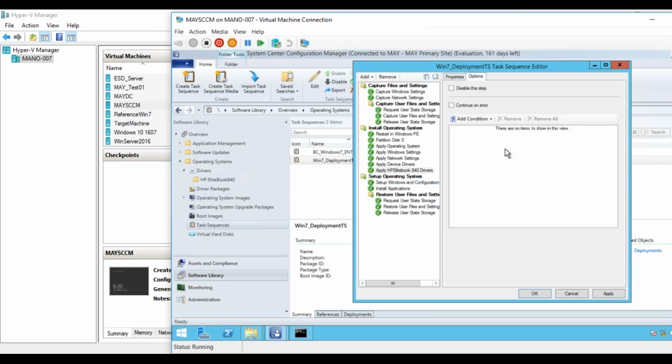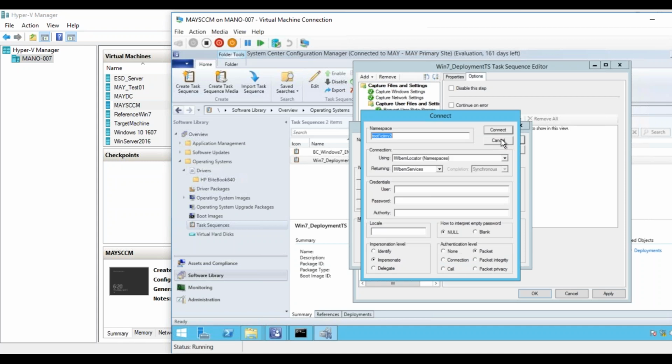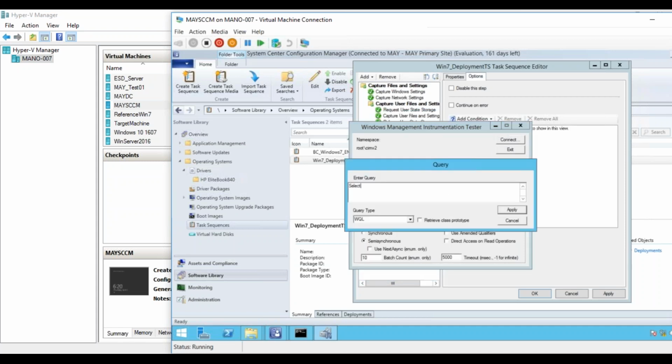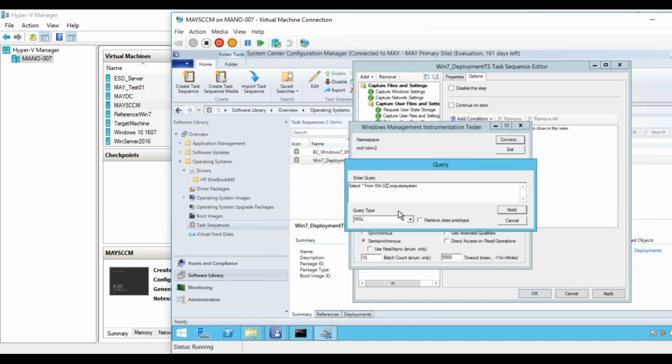So let me show that WMI query that we are talking about. That's a small query. It shouldn't take much time. This will just be helpful to you. It's not mandatory to know that query, but: select star from Win32 computer system. Okay, maybe there is an underscore here, and that's what I missed. Yeah,